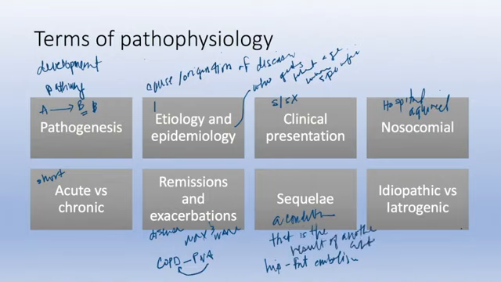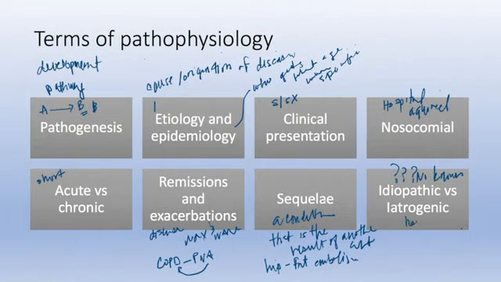All right, idiopathic versus iatrogenic. Idiopathic basically means we really have no known cause. We don't know why this happens. We don't know the pathogenesis of it. If you see this in your studies, idiopathic, that's the answer, okay? There's nothing else for you to do. There's a lot of people that have looked into these disease processes and studied them, and when they come up with an idiopathic, it means that we just don't know why it happens.